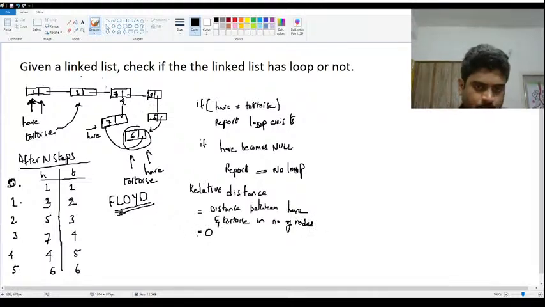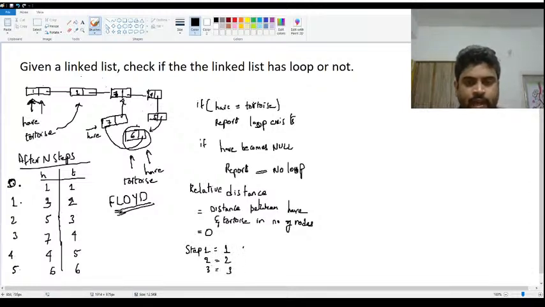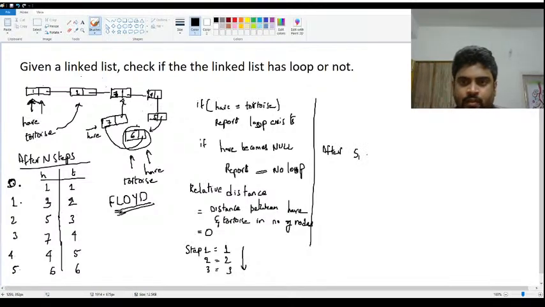Now after step 1, this will become 1. After step 2, this becomes 2. After step 3, this becomes 3. So the gap keeps on increasing if there is no loop. Okay, let's say if there is a loop, after some finite period of time, after let's say S1 distance